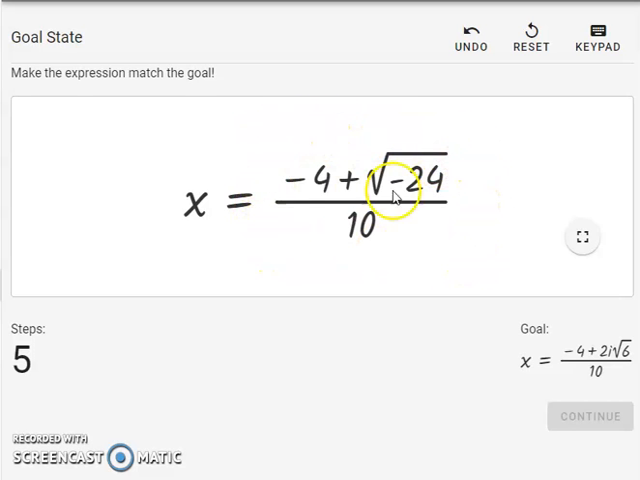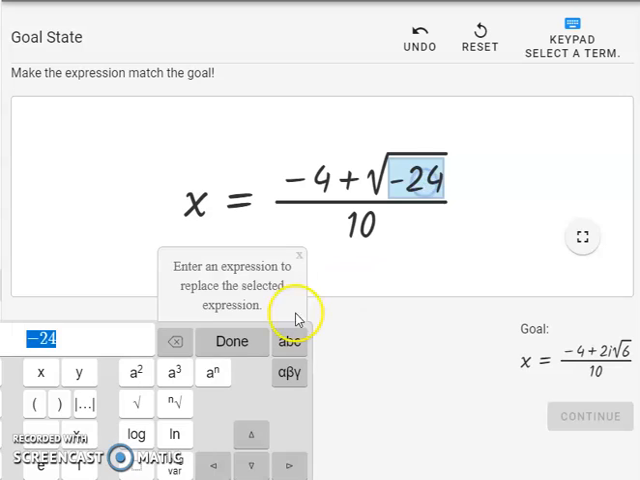and then the entire answer would be called a complex number. To be able to simplify this, click on keypad, and then click on negative 24, and that will show up, and then you're going to replace it with the problem that you want. So we're going to do negative 1